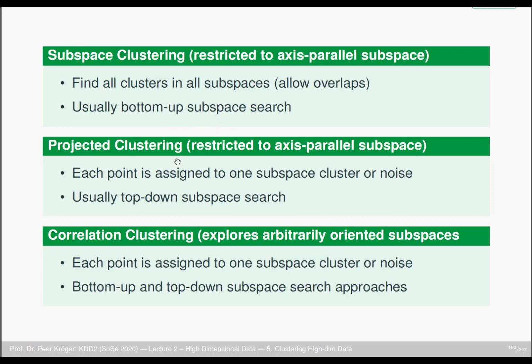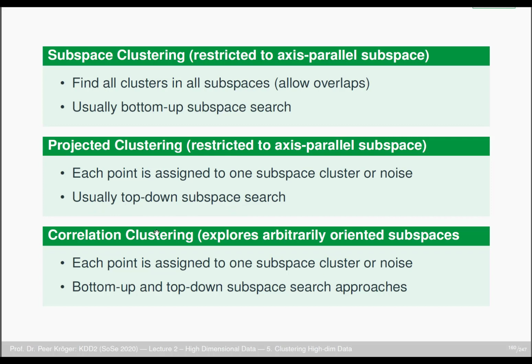Then the second class is the so-called projected clustering approaches. They are still restricted to axis-parallel subspaces, but they don't allow overlapping clusters like those here. So each point is assigned to one subspace cluster or to noise, and they typically use the vice versa approach for subspace search. So they typically use a top-down subspace search approach,